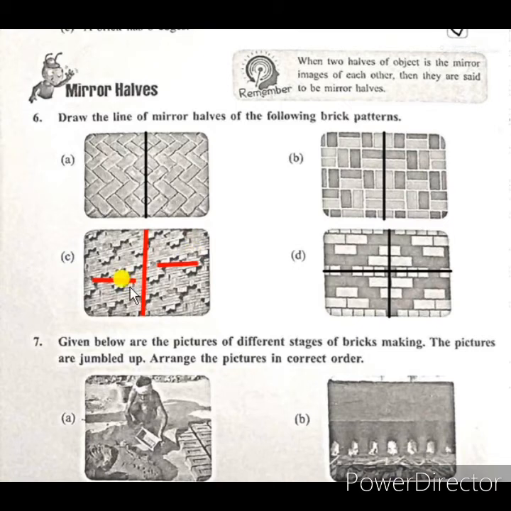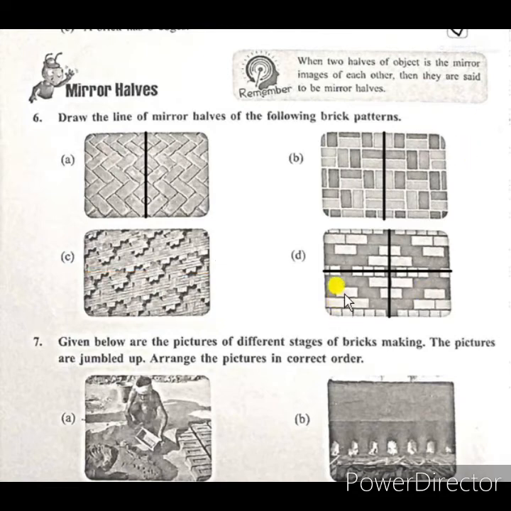If you draw a horizontal line, you see whether we can make two mirror halves. I will show after drawing a horizontal line. See, this is a horizontal line. Students, see that both the parts are similar? No. So in this picture there is no line of mirror halves, because however you divide this design we will not get a mirror half. So leave that picture. Now we will move to the fourth question.